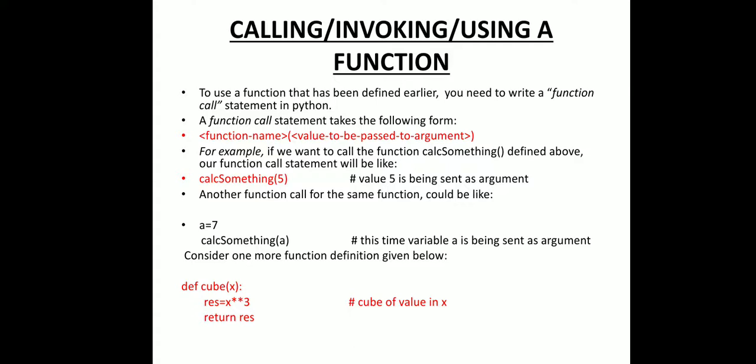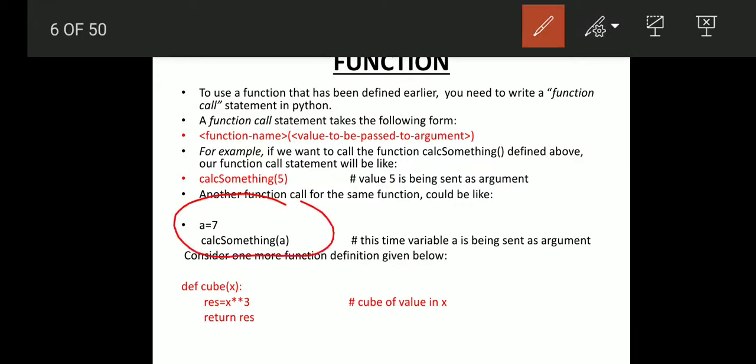Now you can do another thing here: you can take a variable. This is another way to call the function. You can write a equal to 7, then write cal something, then in brackets you can pass the variable. So this is also a second way to call a function. Whether it is returning a value or not depends on you. अगर ये value return नहीं कर रहा है तो ये directly आप लिख सकते हो, otherwise आपको print statement भी साथ में use करनी होगी.